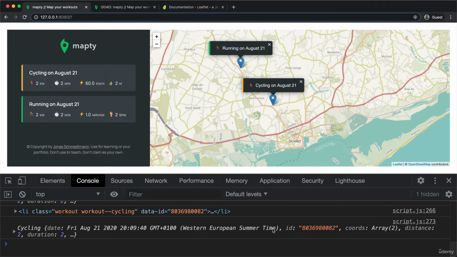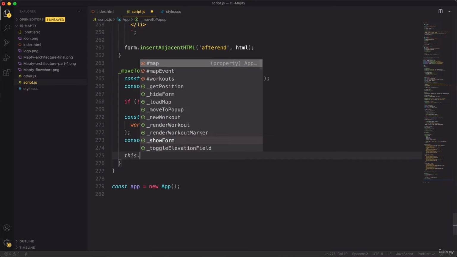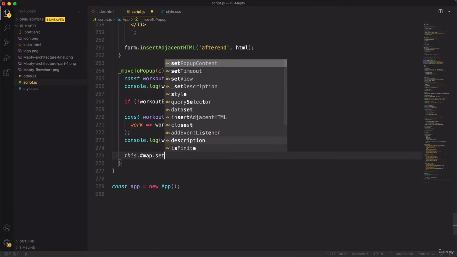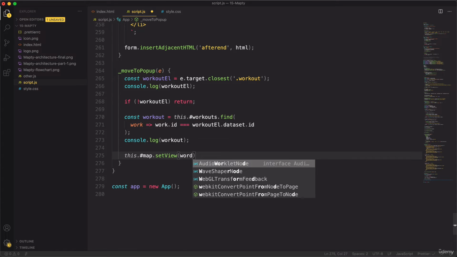And so now we can take the coordinates from this element and then move the map to that position. So in Leaflet, there is actually a method to do exactly that. And the method is available on all map objects. So we can take our map object that we already have, which is this one, and then we can call the setView method. And I really encourage you to go check out the documentation of this one, but I'm not going to do that right now. So anyway, the setView method needs as a first argument the coordinates. And so that's at the workout